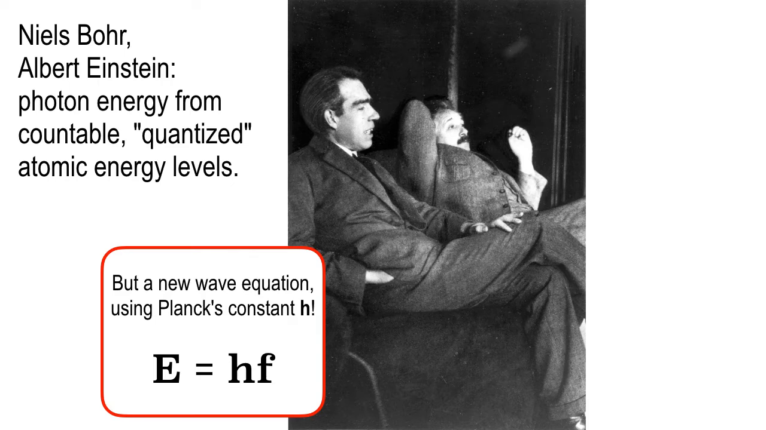Niels Bohr is the one that figured out most of it. And Einstein figured out the photon angle. And so what we just looked at is called the Bohr model, B-O-H-R. Now, it's not fully